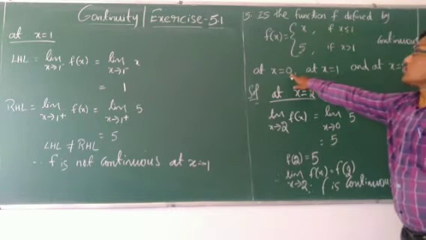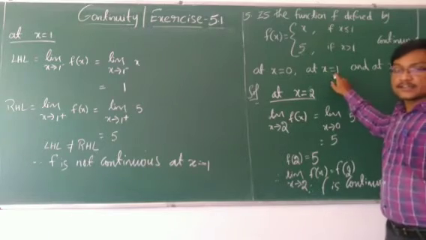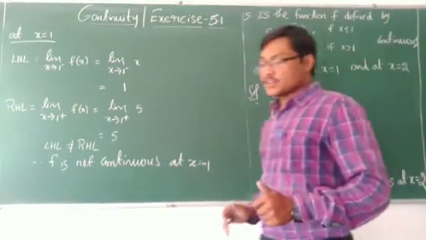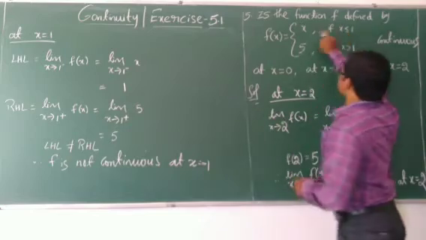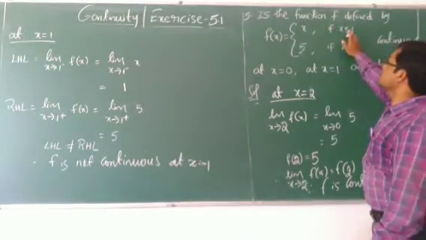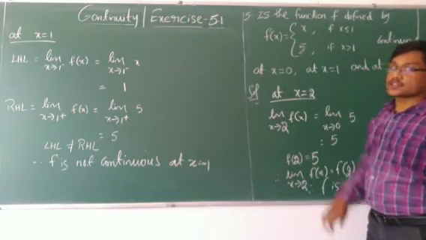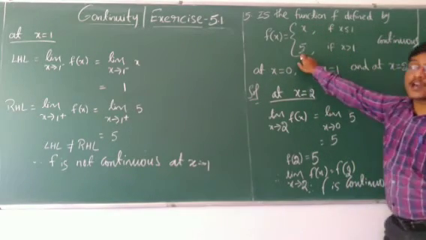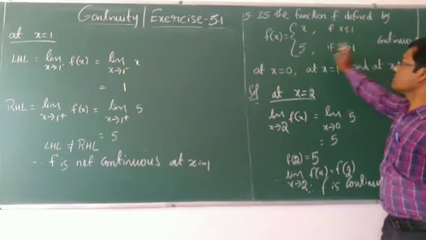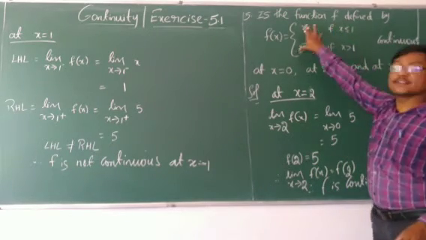It is continuous at x equal to 0, continuous at x equal to 2, but it is not continuous at x equal to 1. By now, you should have got one idea. What is that idea? For less than 1, it is a polynomial function. You can write it is continuous for all values less than 1. You take any value less than 1, that is continuous. If you take greater than 1, it is a constant. A constant is also always a continuous function. So for greater than 1 also it is continuous. That is one general idea you will get as soon as you see this function.